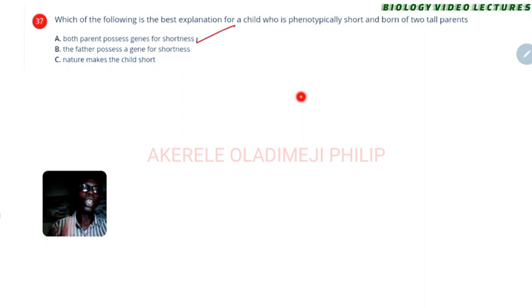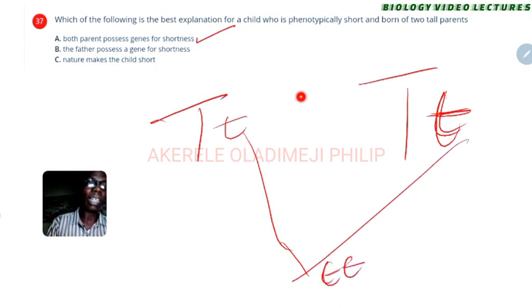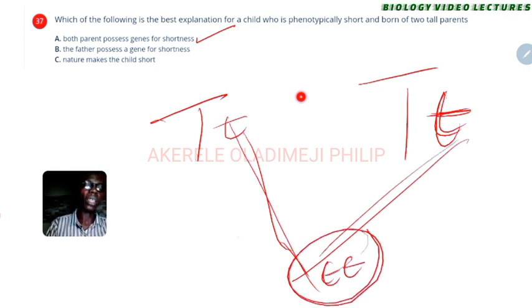And for you to have dominant traits for tallness and you now give birth to a child that is short, that means that, let's say this is tall, this is short. So the mom is going to look like this also. They both have that, because you know that anytime in genetics for a trait that is recessive to be expressed, it must be in homozygous form. It must be collected from 2 parents. As I said, both parents possess the gene for shortness, so they are going to give the child that allele, or let me say that gene of shortness, even though it is recessive.